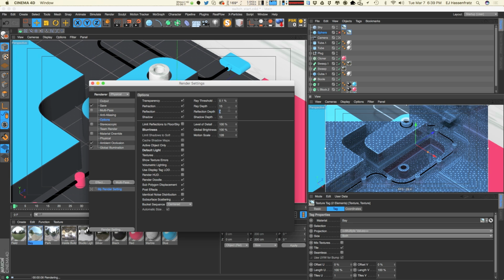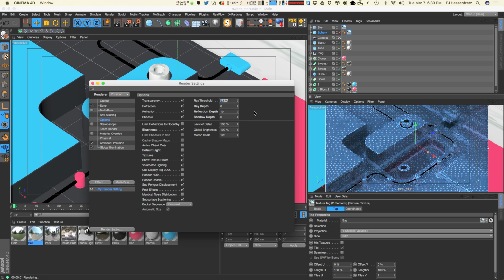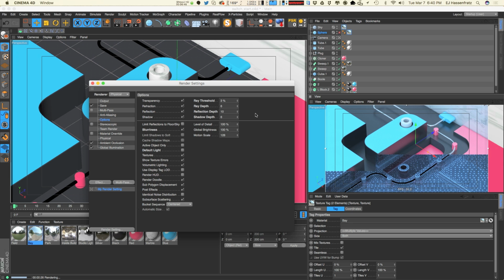So what I'll do is maybe do 10 for reflection depth and maybe have less rays, less shadow depth, and then bring up this ray threshold. And what that does is basically the ray threshold has all these rays bounce at very low values, and a lot of details are picked up in that ray threshold. But if you just crank it up a little bit to say 3% instead of 0.1%, it speeds up your render. You do lose some of the ray details, but when you're using global illumination for an animation render,